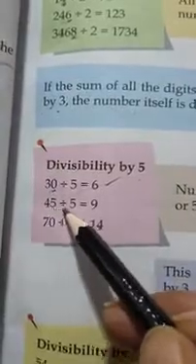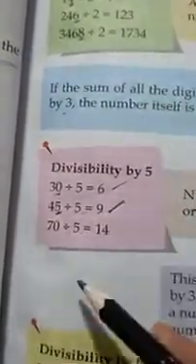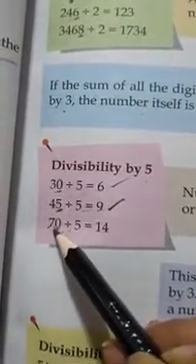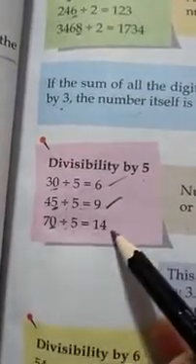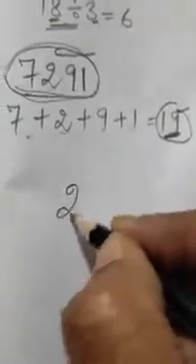Here is 45 divided by 5. It is ending with 5, so it is divisible by 5. Yes, this number is also ending with 0. It is also divisible by 5. Yes, you can see examples relating to this. For example, if a number is there,